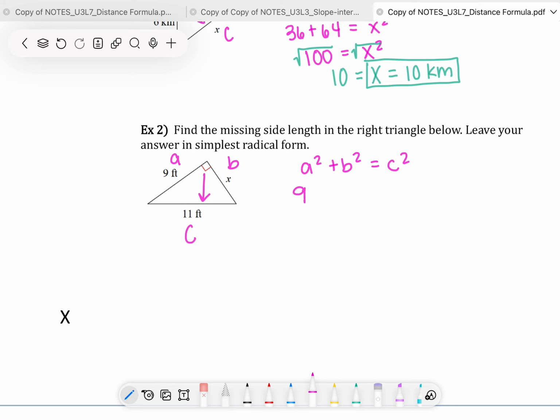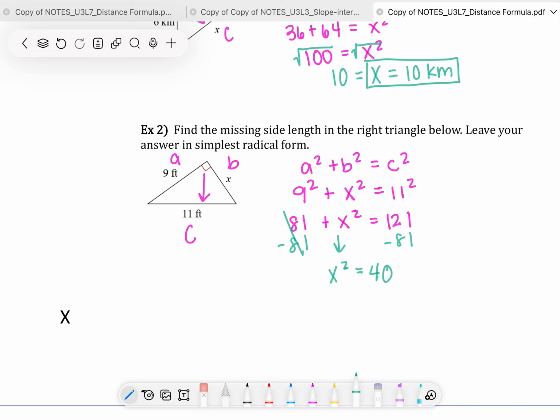A is 9, so 9 squared, plus B, which is x squared, is equal to C squared, which is 11 squared. Now, simplifying this, we do have to square our 9 and our 11. Keep in mind, though, they're on opposite sides of the equal sign. So 9 times 9 is 81, plus x squared is equal to 11 times 11, which is 121. But in order to solve for x squared, we need to get this x squared value isolated. So that means we need to subtract this 81 on both sides. Okay, that's the only way we're going to be able to isolate that x squared value. So we're going to subtract 81 on both sides of our equation, leaving us with x squared is equal to